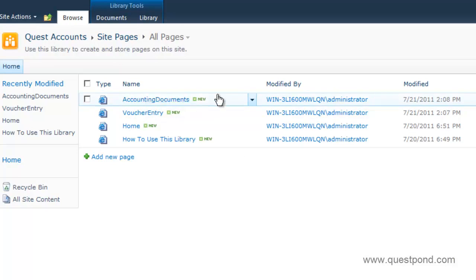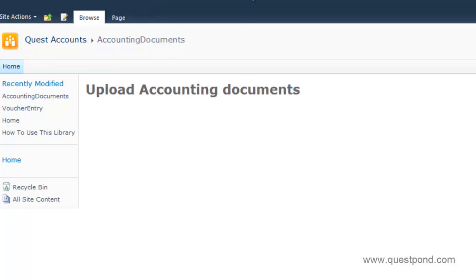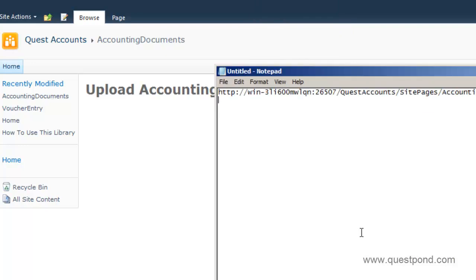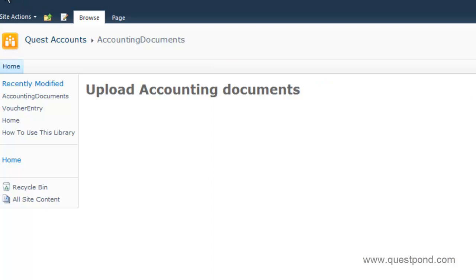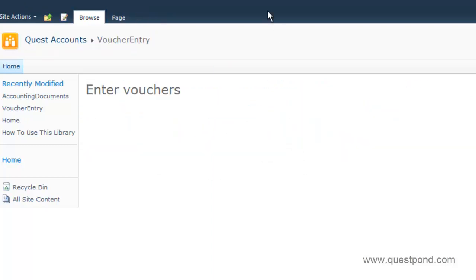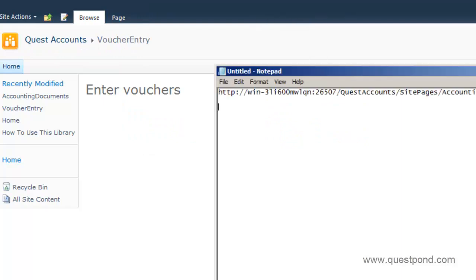So let me click on accounting documents, copy this, let me put it in the notepad here, Control V. Let me go back here again, voucher entry. So again this page, copy this and Control V.